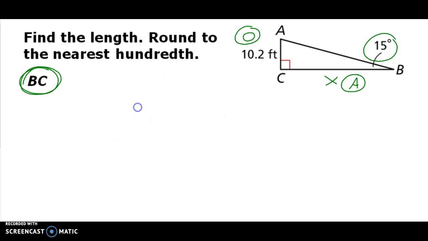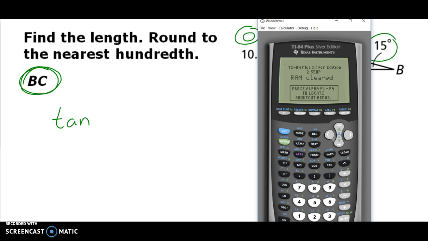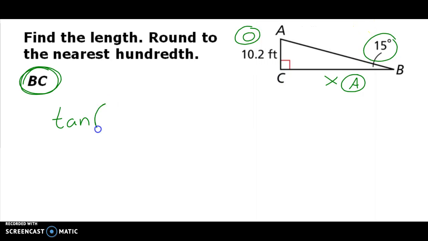So what you're going to do, you're going to write tan for tangent. Now, remember in your calculator, what does it automatically do when you hit the tan button? It gives you a parenthesis because it's telling you it's tangent of something. And that's always an angle measure. Just like at the top of your notes, see how the angle goes next to the tangent? So which angle are we going by on this one? The 15-degree angle. So tangent of 15 degrees